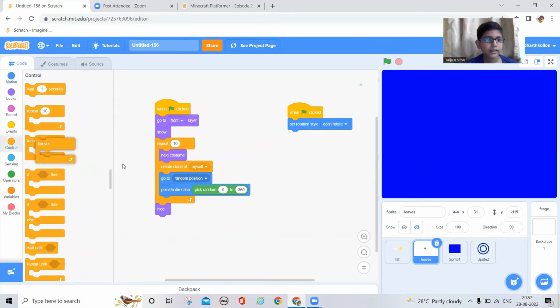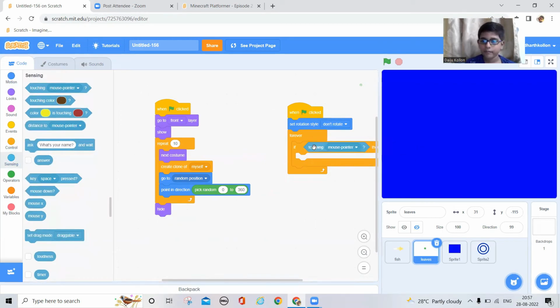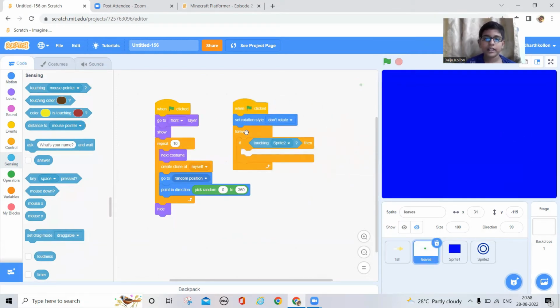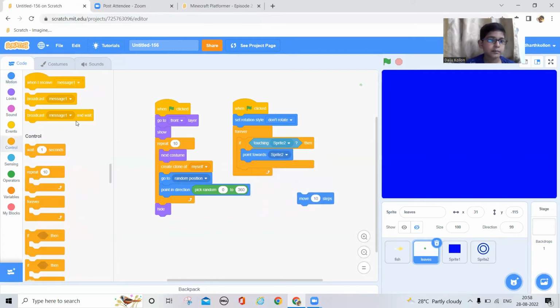So now forever, if touching right to this thing, it should like, point towards it, and just repeat